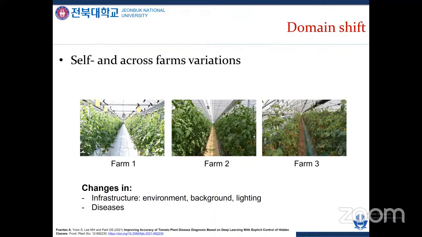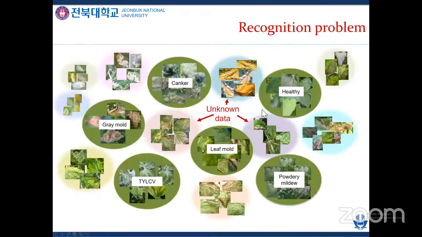So the idea is to understand the complexity of the data, considering that in real field scenarios, we might find some known diseases, which are very easy to detect by people who are involved in the agricultural field, but also some data that are unknown to the system. The model was trained with known data in a supervised way, but in the real field, we might frequently see unknown data that limits the performance of the model, as those types of images will be assigned to one of the known classes